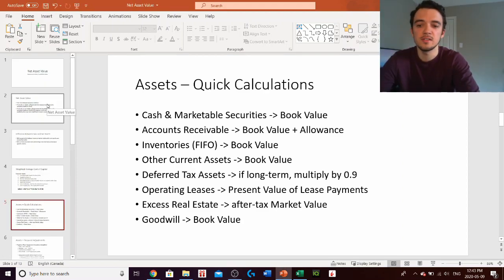Next, for the operating leases, you want to find the present value of lease payments, which I'm going to be going over on the Disney model. After that, excess real estate, you just want to find the after-tax market value of that real estate that they're selling. And goodwill